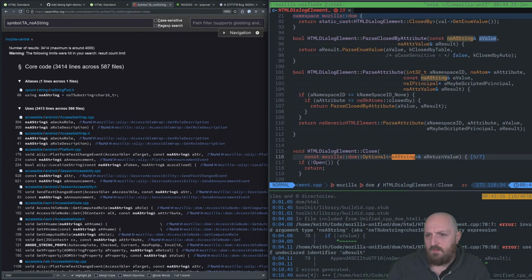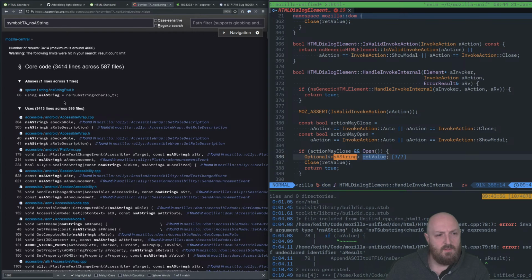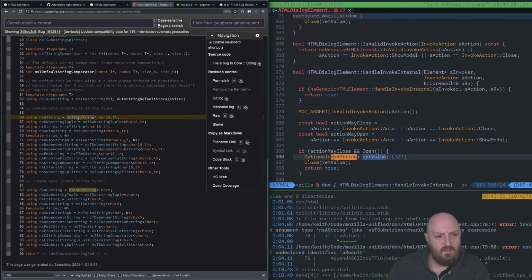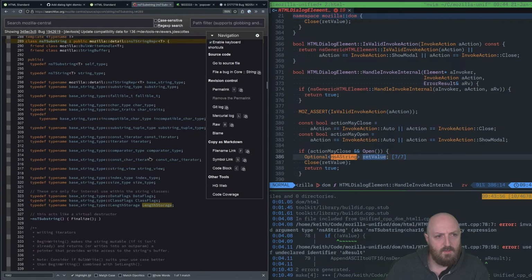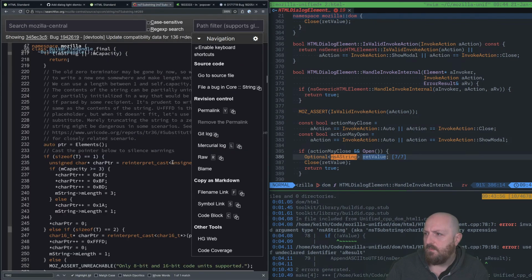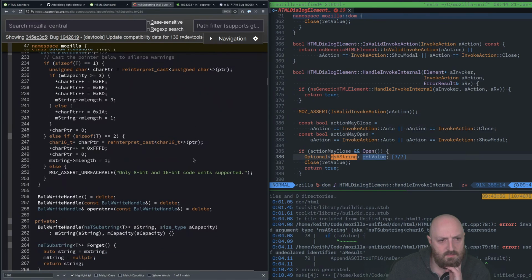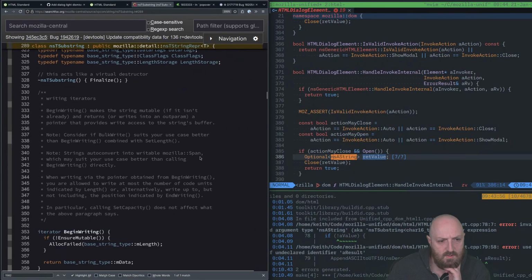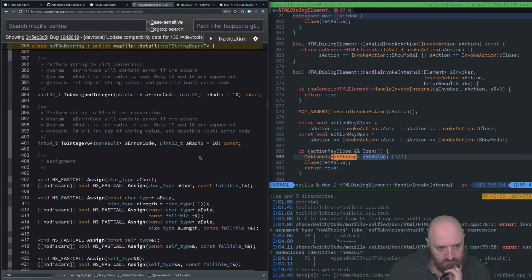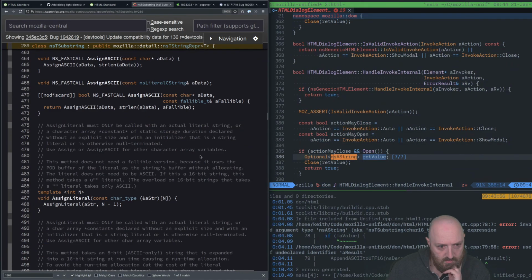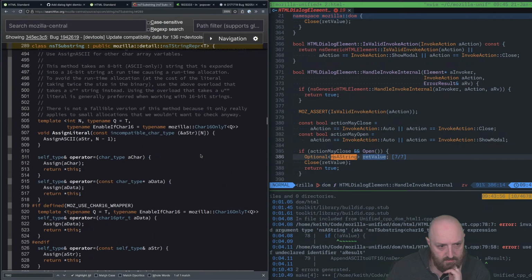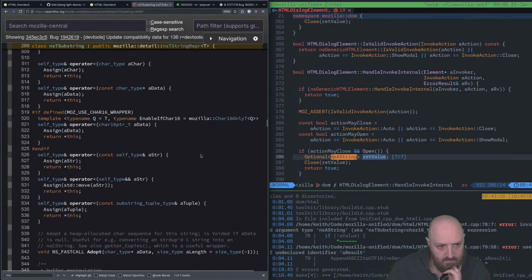Is it this? The NS substring? This has methods. I'll find a like empty or